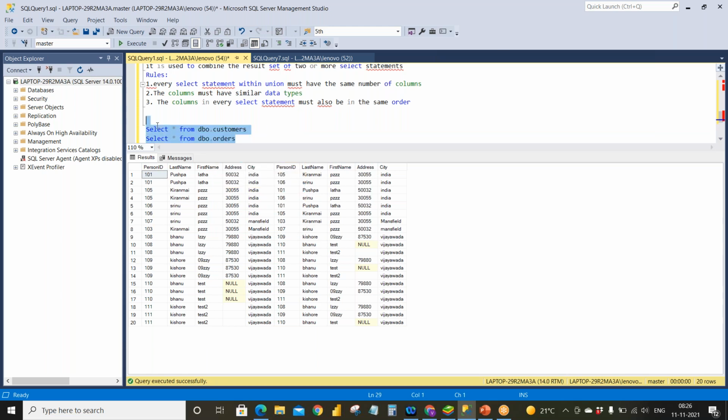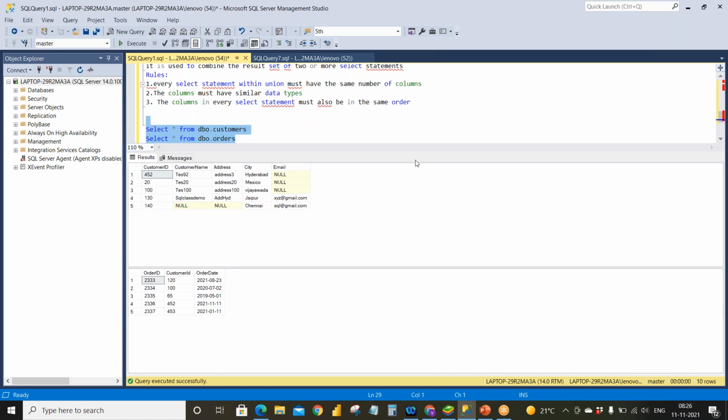If you take these two tables as an example, every select statement within union must have the same number of columns. Suppose the customers table has 5 columns and the orders table has 3 columns. This is unfit for union. But if customers has 3 columns and orders has 3 columns, then you can do the union.